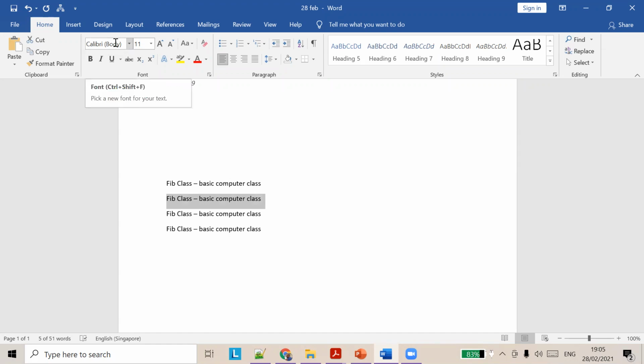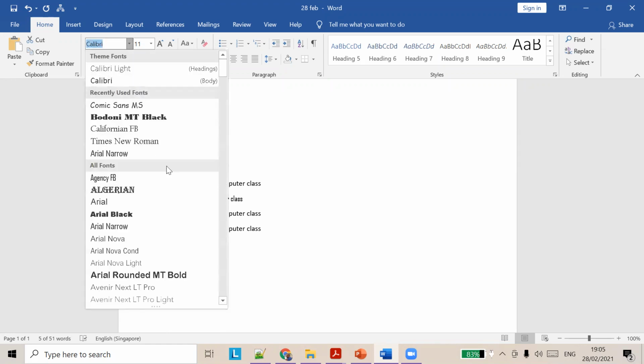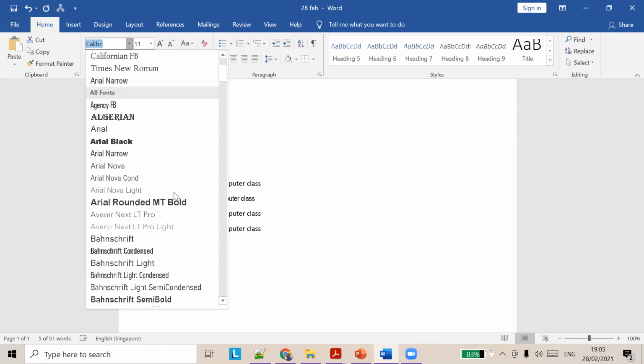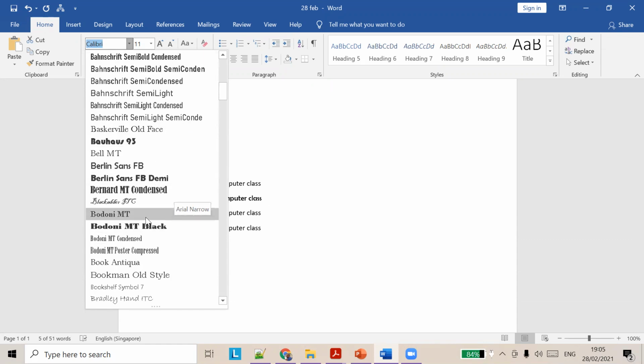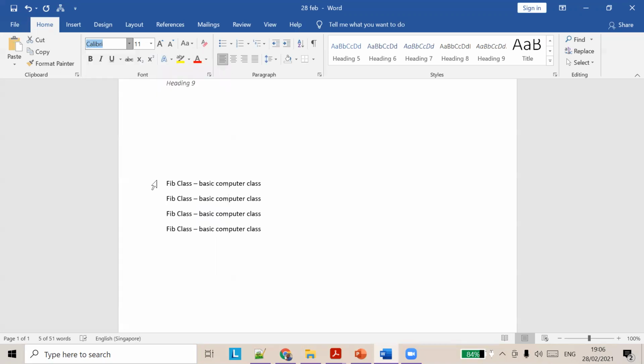Okay. So if you keep the mouse pointer on this, you can see the text saying, pick a new font. So click the drop down, and you can see all the different types of fonts, and in this drop down itself, you can see the sample for all the fonts. In case I select another font, it looks a bit different.